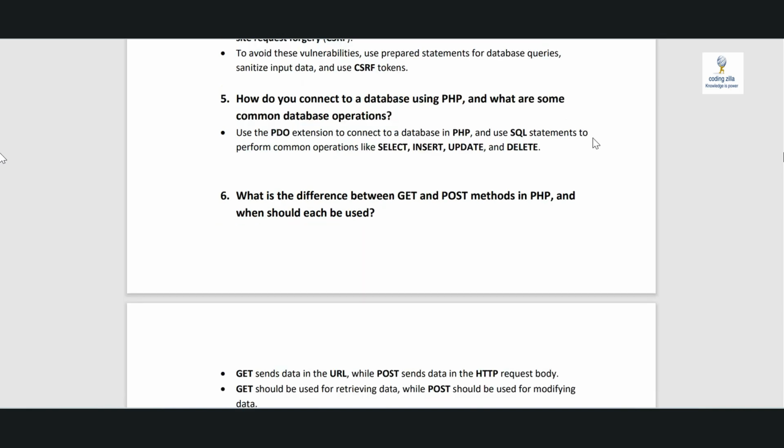And next one is, how do you connect to a database using PHP, and what are some common database operations? Use the PDO extension to connect to the database in PHP, and use SQL statements to perform common operations like select,